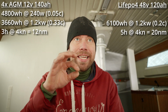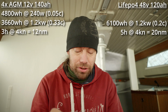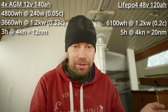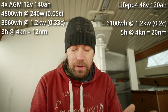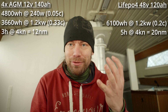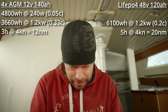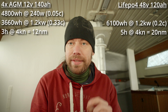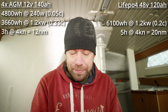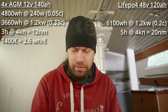Those are the differences in speed and capacity if you're comparing them with the price points. So the old ones nowadays cost a little bit more, about 1,400 euros for 4 of those dual excite AGM. I'm gonna put a picture here, you can see it. And that gives you, well, I'm not sure how I calculated this, but if you're using them at the same speed, like in my case 4 knots,